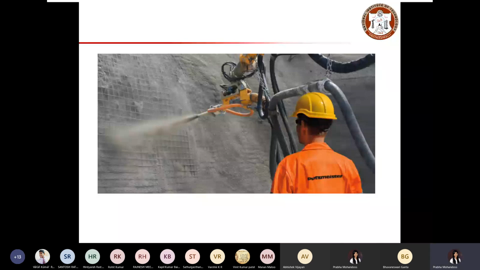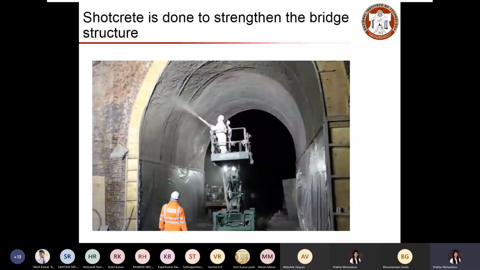So you will choose this kind of placing method. Here, this is just a quick recap. Yesterday we looked at how this is effective when you do concreting for tunnel structures, and sometimes you will use this type of method to strengthen bridge structures. You will be placing or pouring this concrete layer at the bottom of the structure, so that will enhance the capacity of that member.